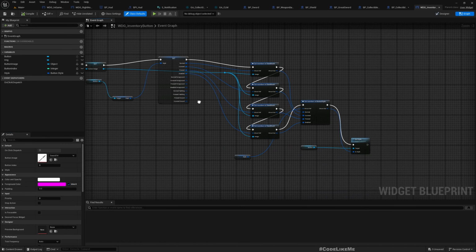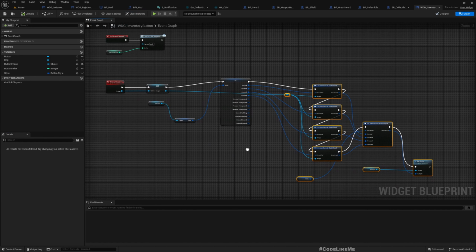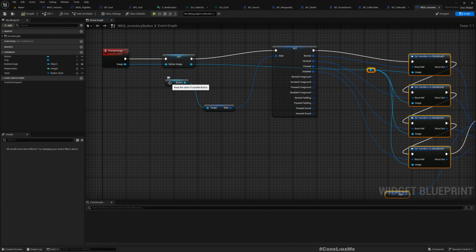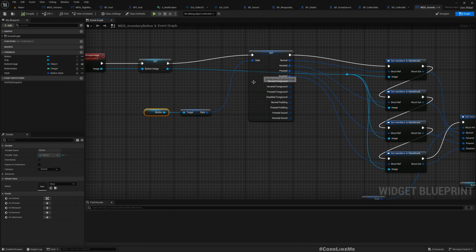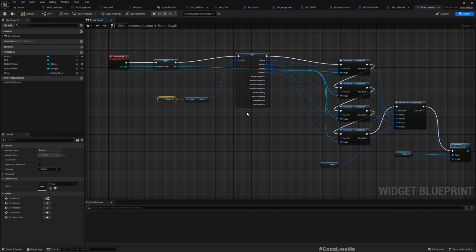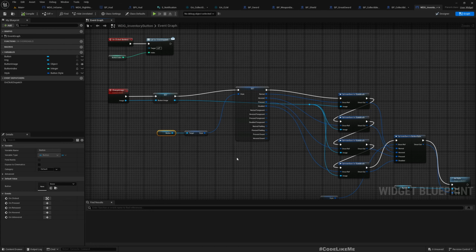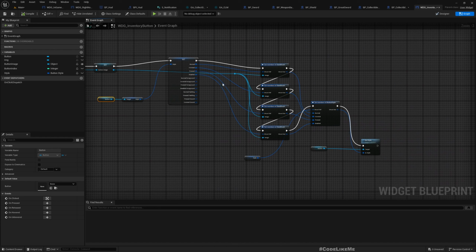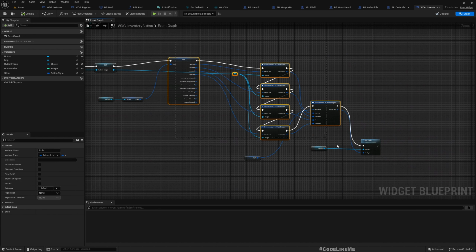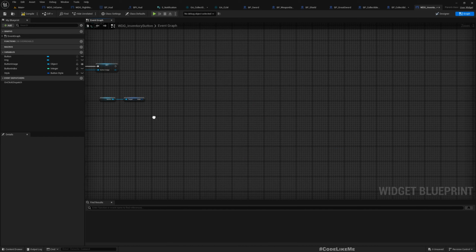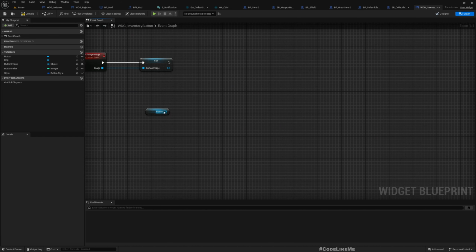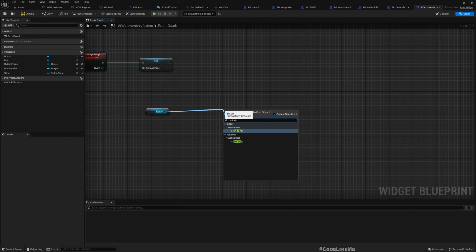This is the way I update, but this is not working. This method is working only at the beginning. If I try to change it later, it's not working. Maybe it's a bug. But there is another way to do this. For that, let me delete this all. Button, set style,